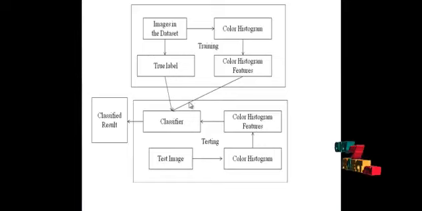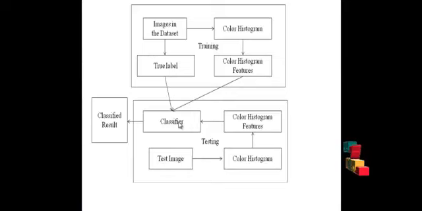So the extracted values were passed into the classifier, and the trained feature values were also passed into the classifier, and we have set the true label for all the trained images, and they were also passed into the classifier. So for classification we are using a support vector machine classifier.